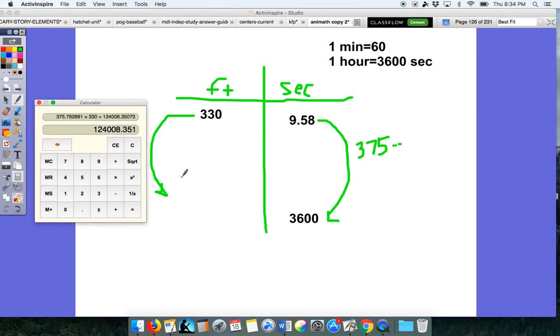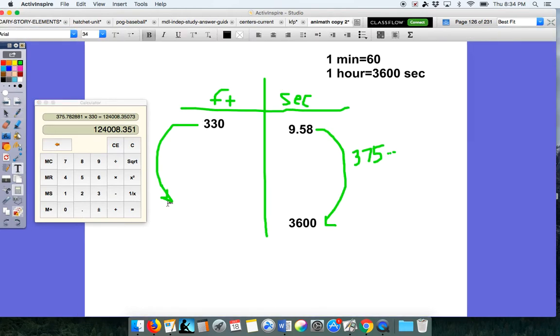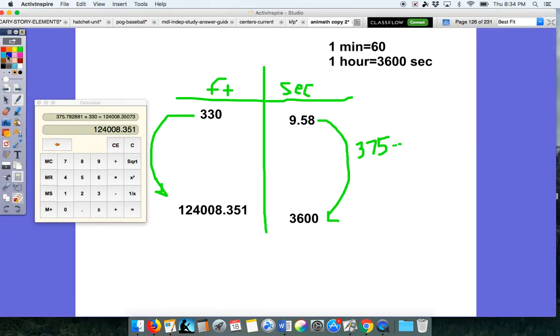And I can see that he is running 124,008 feet, 0.351. So this tells me how many feet he is running in 1 hour. But I want miles per hour. That's my end goal. So I need to now convert that feet